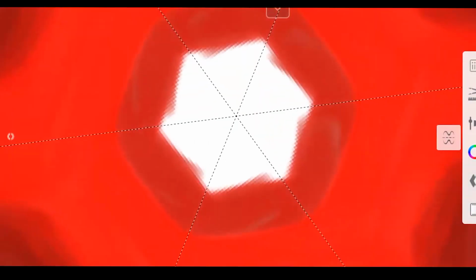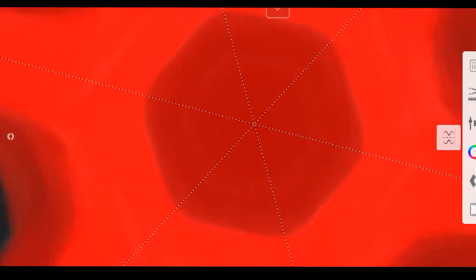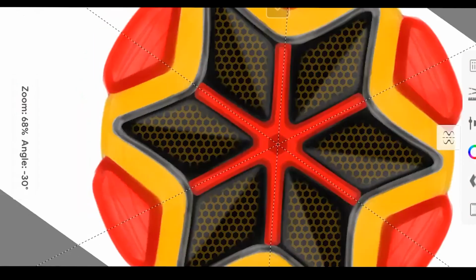Now the interior part of the hubcap is also three-dimensional. So here I will just darken the area. Now it is ready.